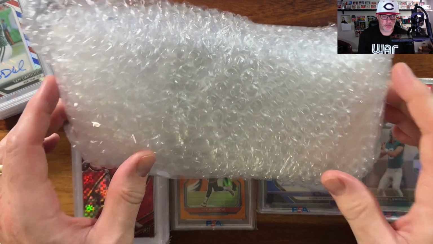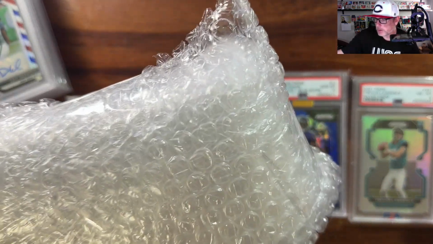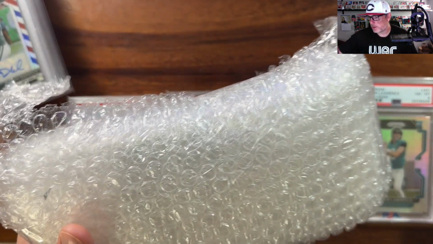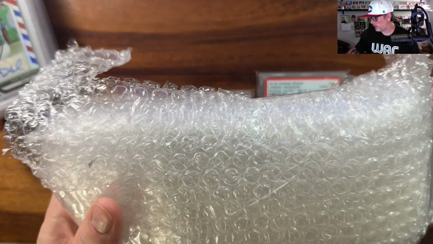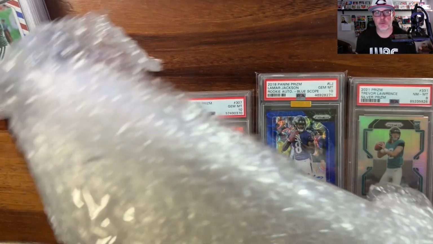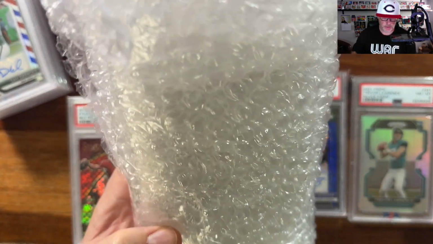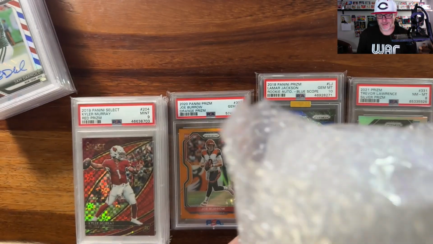So that is what I have in front of me. And if you watched yesterday's video, you know that this was the second of the two trades that I did last week. The first being for the Mojo Prism Luka Auto. And this, you should already know, is a Burrow Champ ticket